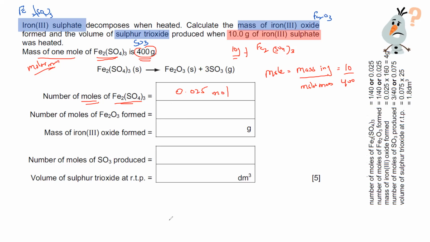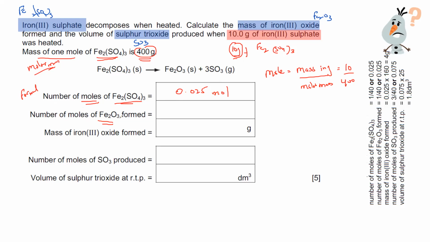to everyone? Anyone having a doubt in the first part? So we use the formula to get the moles, which is mass in gram of iron sulfate divided by its molar mass. We got the moles. Now the second part. First we used a formula to get the answer. The second part,